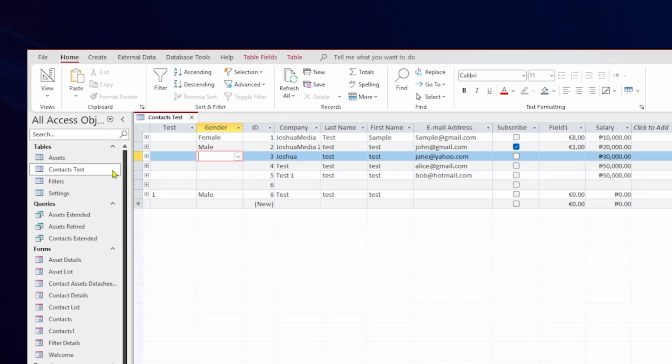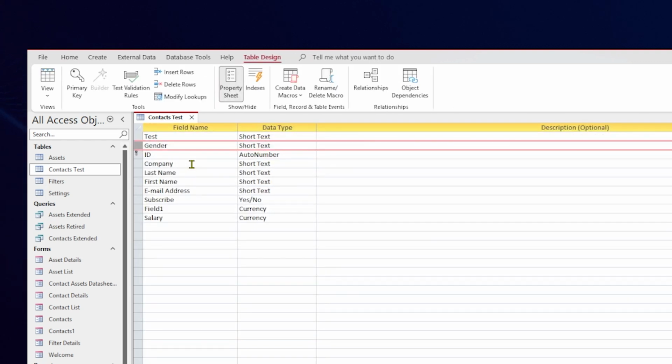This table will serve as the basis for your data entry form, so take a moment to ensure you have the correct one selected. Next, you will change the table's view by performing a right-click. From the context menu that appears, click on the Design View option. Switching to Design View will allow you to make structural changes, such as adding new fields or altering the data